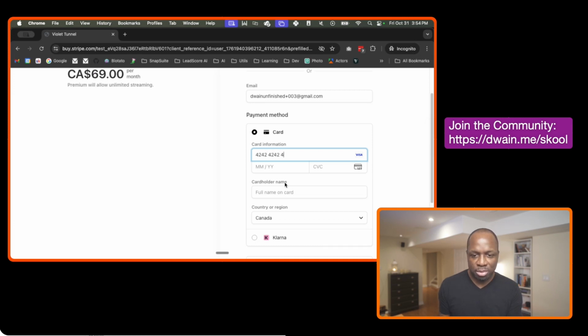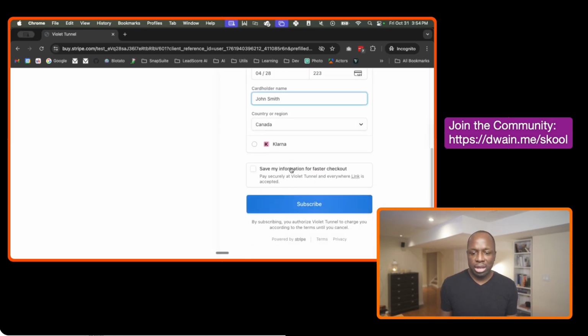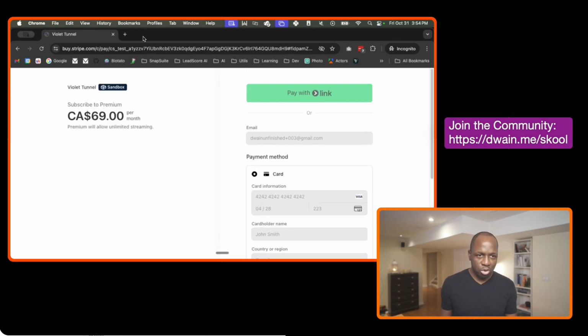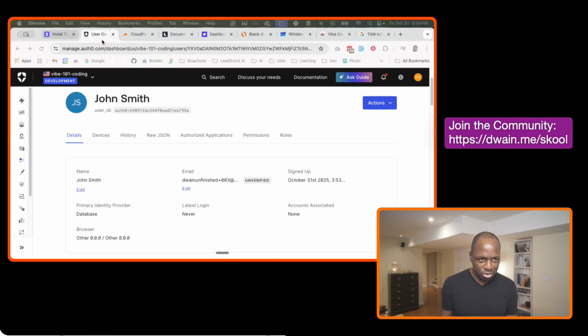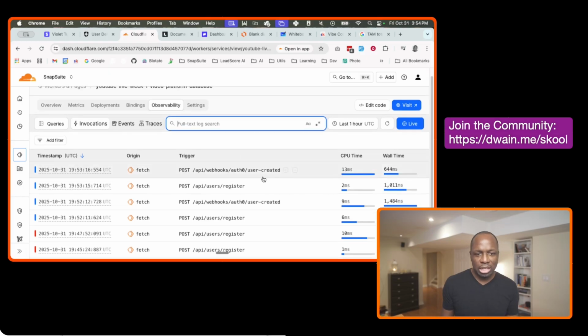4242. This is a Visa card. So you need to put in a valid expiration date and any CCV number. And then cardholder name is John Smith. And we're in Canada, so sure. Subscribe. Okay, while that's coming through, what we should be seeing in Cloudflare Observability is a